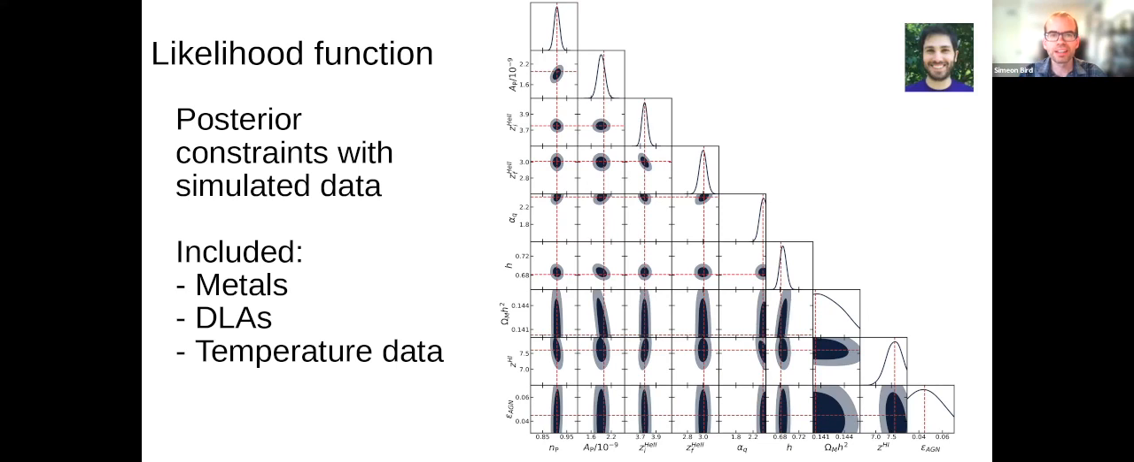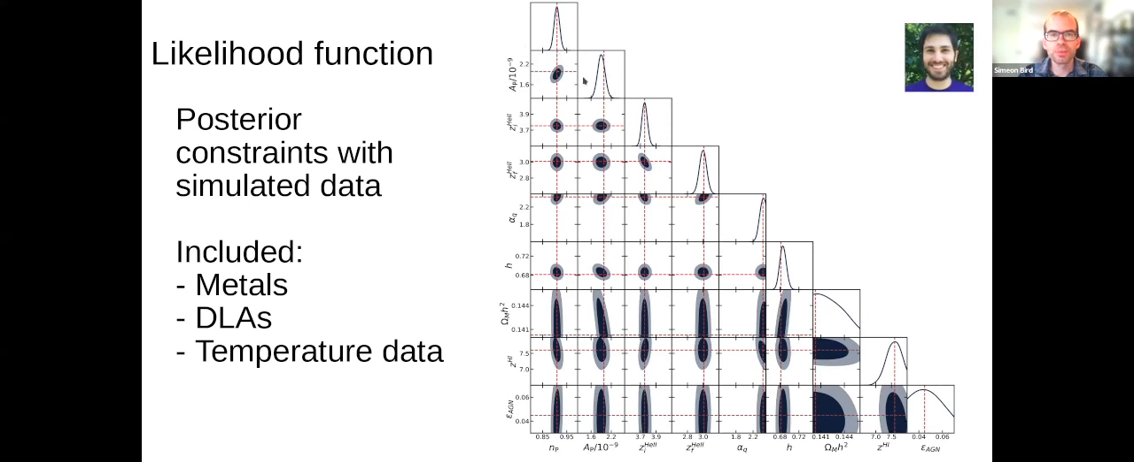I want to demonstrate that our likelihood function, that our chains, are actually working. So I'm going to show you here the posterior constraints from a simulated data set. I took one of the high resolution simulations in our training set. I generated a flux power spectrum from it. I threw it through the likelihood function, produced Markov chain Monte Carlo chains, and you can see that the known